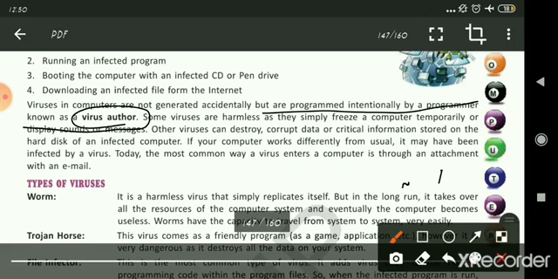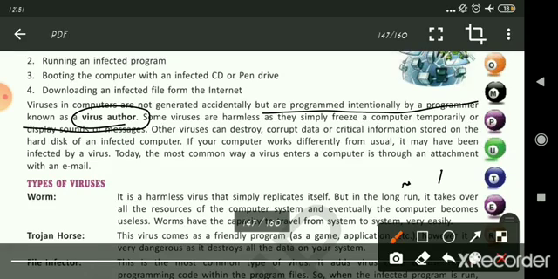They can destroy your data, corrupt your data, delete your critical information stored on the hard disk of the infected computer. If your computer works differently from usual, meaning daily you are using your computer, but suddenly your computer starts working slow, or any changes you have seen in your computer which you have not seen earlier, it may have been infected by a virus.